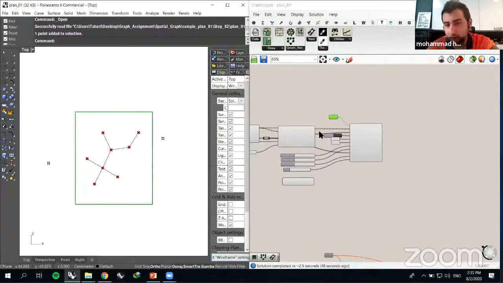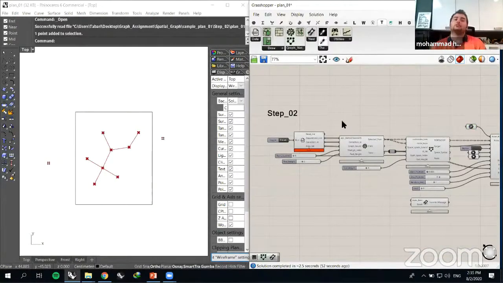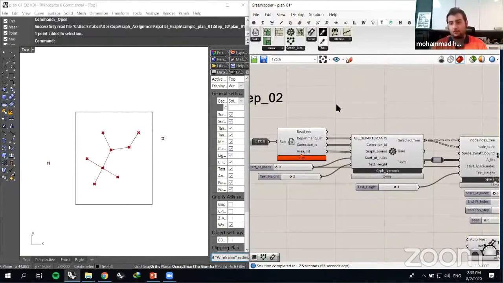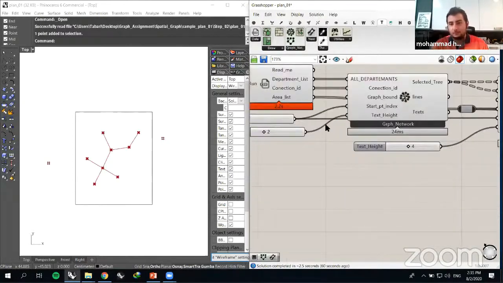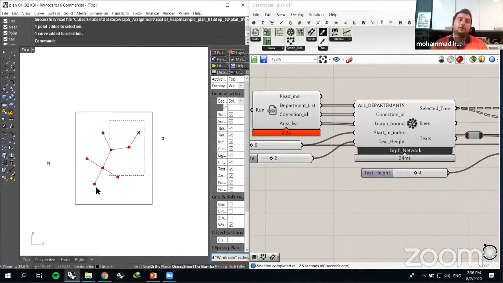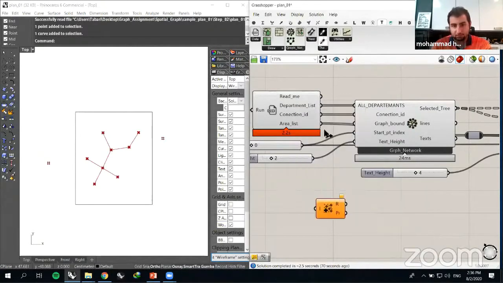For this, we first need to understand the accurate area of the boundary within which we are trying to draw our plan. This is actually what the area component is used for. So before we draw the boundary, we need to understand exactly how much space we need. So we can use mass addition